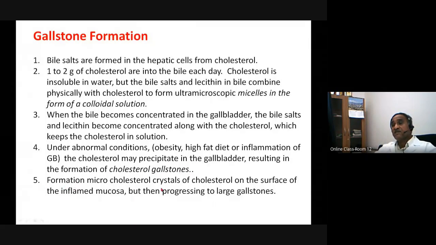So microcrystals of cholesterol form on the surface of the already inflamed mucosa, and that acts as a nucleus, and that grows, and gallstones are formed. There will be a number of gallstones in each gallbladder sac,